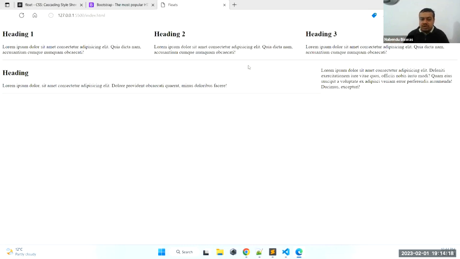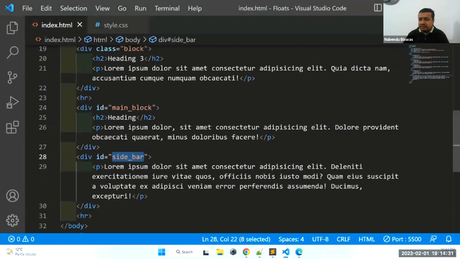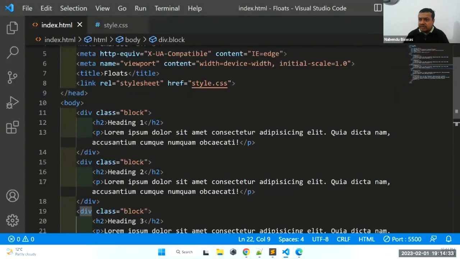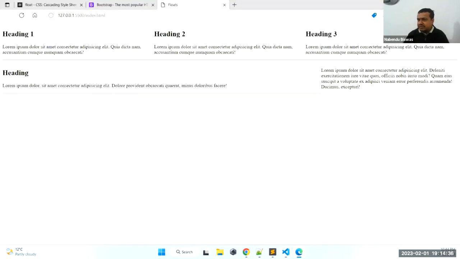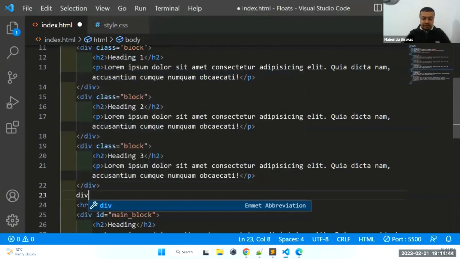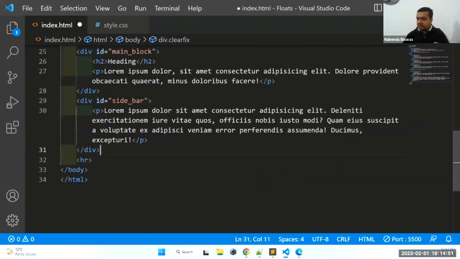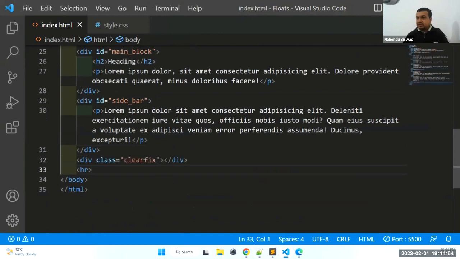So to solve this issue, we have a hack, and that hack is, after this float is done, we want everything to come as normal. Here also these 3 things I was doing the float, but no issue was coming. Sometimes the issue comes, sometimes it doesn't. It behaves weirdly when we use floats, and that's why people used to hate float. So div dot clearfix. So we have this clearfix, and any time you use float, you have to use this clearfix. So I'll save it, and then